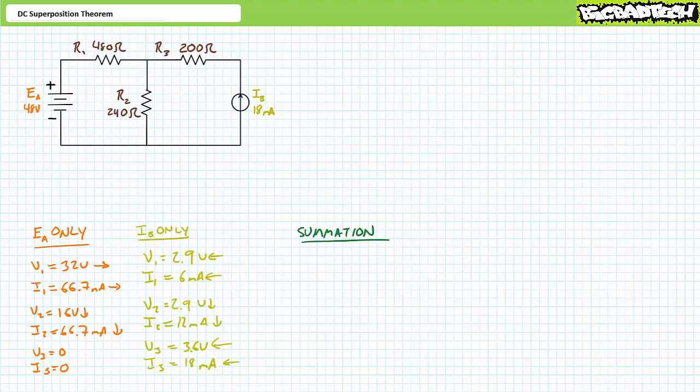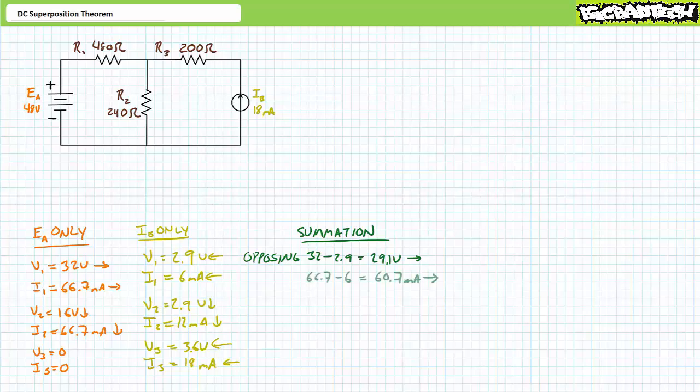is to summate the effects accounted for magnitude, polarity, and direction. Given the voltage source induces a 32 volt drop, positive to negative, left to right across R1, and the current source induces a 2.9 volt drop, positive to negative, right to left across the same resistor, it can be said that when these effects are superimposed upon one another, R1 ultimately experiences a 29.1 volt differential, positive to negative, left to right. The effects of both sources are opposing one another, and it makes sense that the final voltage drop